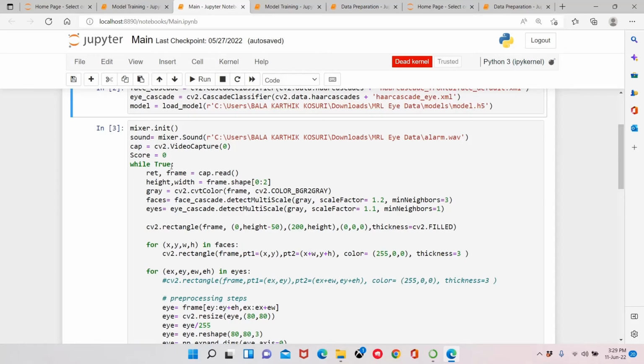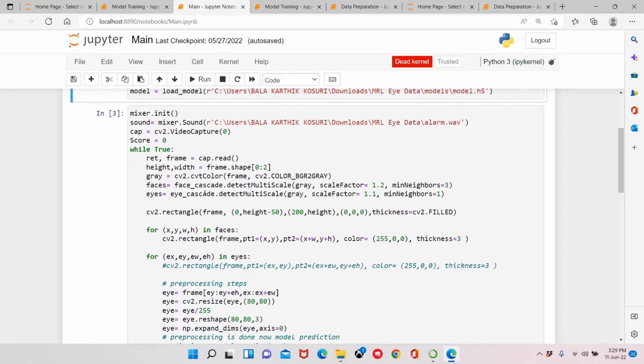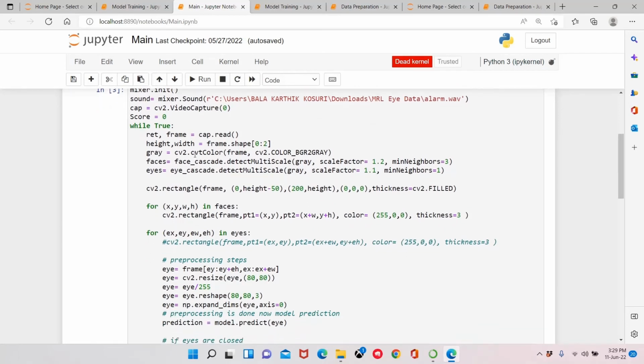When it is true, it starts capturing the video and captures the frames and converts the frames from RGB, which is the general image, to gray. Gray is mentioned here.